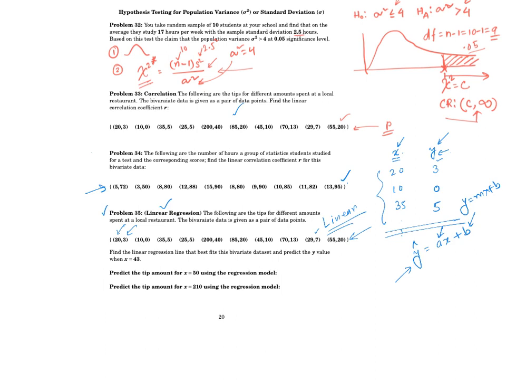So somebody comes in next time, spends $50. What can you expect that person to pay in terms of tips? So this model will tell you that. And let's see what else. Okay, once you get the model, I give you these two values, and I talked about it in the class as well. This one you can predict using this, but this one you cannot, because